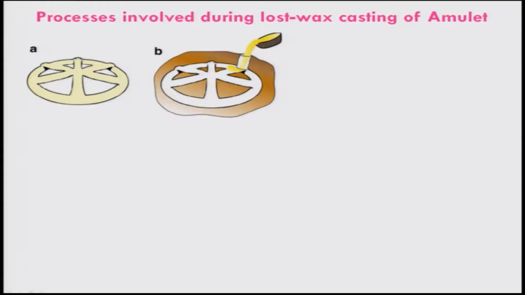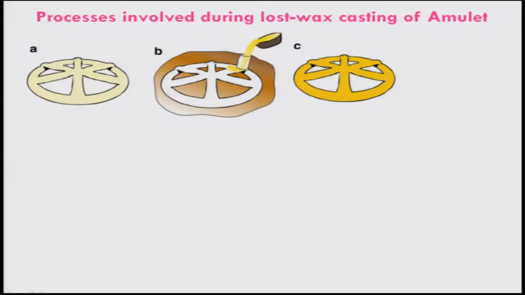And of course, as I told, this model is made of wax which can be melted easily at a very low temperature as compared to the metal. So, this can be heated so that the model can be melted out, and then the shape will be formed, and after that you can pour this molten metal through this sprue, and then the metal will go through all the places, and then solidification will occur, and this is the piece they got.